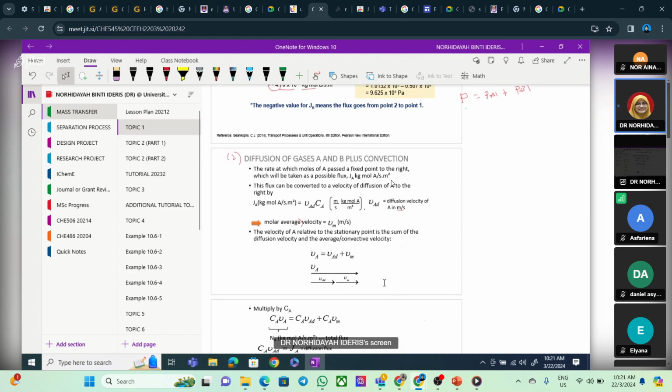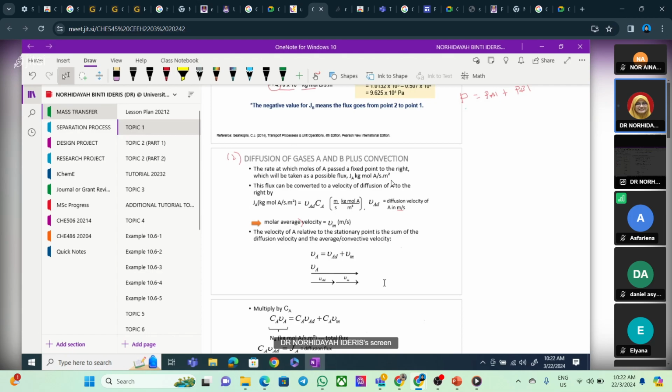Alright, so first you need to know what is the difference between the diffusion and convection. Usually, like I said the other day, there will be a question asking you to give the similarity and the difference between diffusion and convection. The most obvious is that diffusion is a slow process and convection is a fast process. And usually diffusion involves the molecular level, while convection involves bulk flow. Alright, so in some